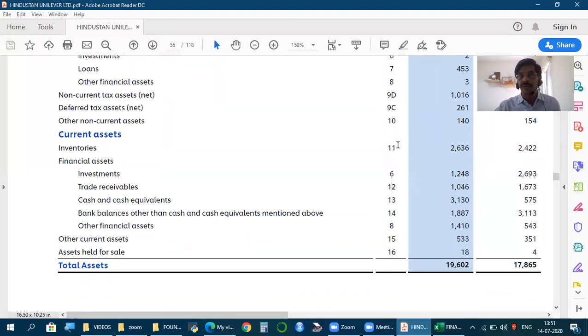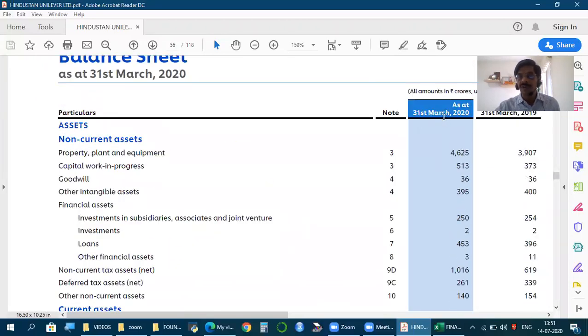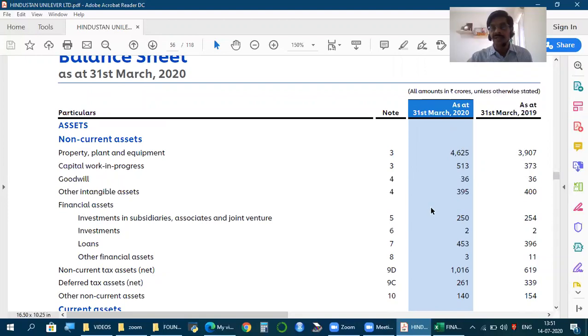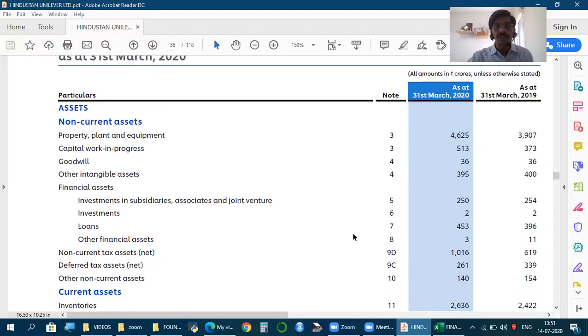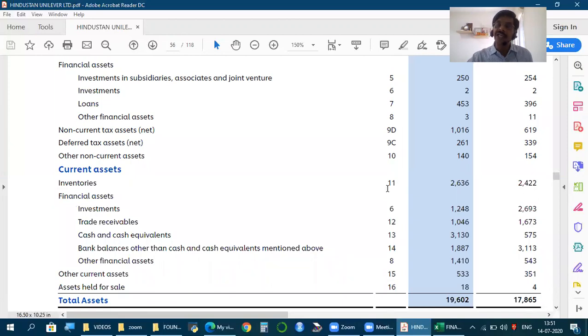So inventory, 11. Just the total inventory is available. As you're aware, you'll always have it for the current year and last year. But how much is the inventory? Which item? How much? Any details you need, go to the note. Now, these are called notes to accounts, and you get a complete understanding of financial statements only when you see the notes. In financial statements, you get just the abridged items and figures. The details will be available in the notes to accounts. So this also is considered a part of the financial statements.